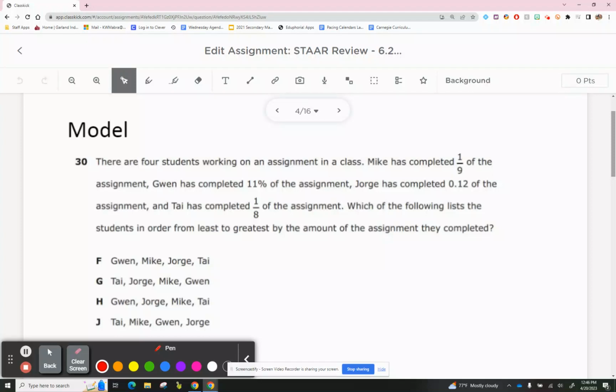There are four students working on an assignment in a class. Mike has completed 1/9 of the assignment. Gwen has completed 11% of the assignment. Jorge has completed 12 hundredths of the assignment. And Ty has completed 1/8 of the assignment. Which of the following lists the students in order from least to greatest by the amount of the assignment they